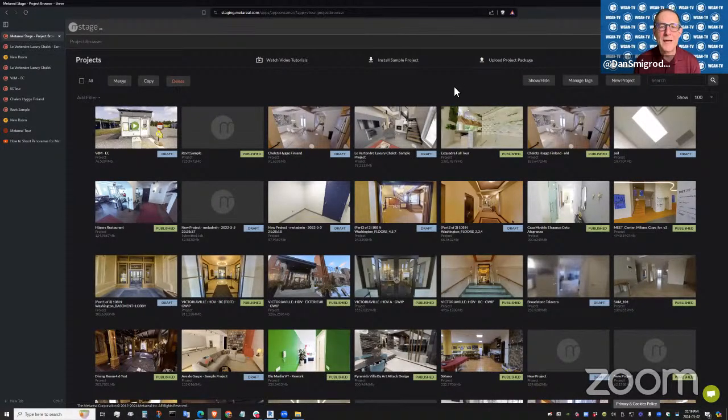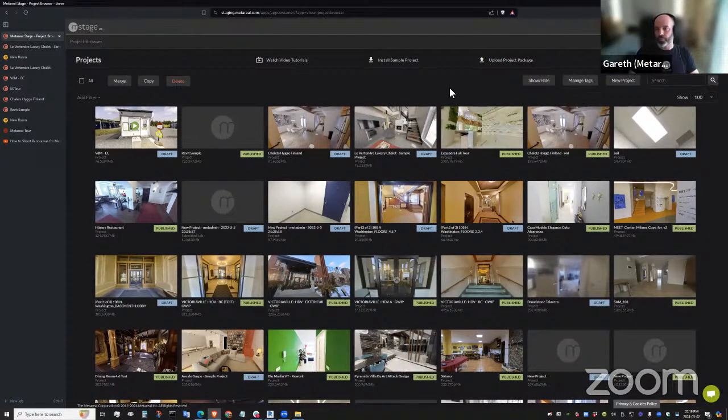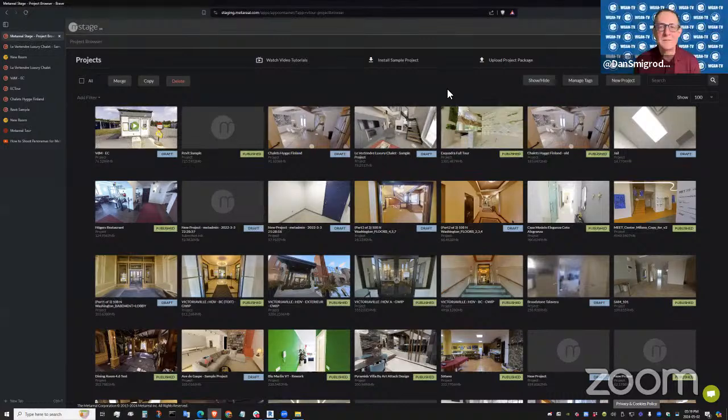For example, you had the room picker, that was important for the team to know, so that they actually choose images on your behalf for the room picker. That said, you can always pick different images, but if you go through the project browser and set all your defaults for a particular virtual tour, then you're going to get the best possible results back.